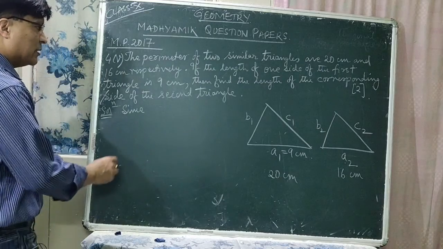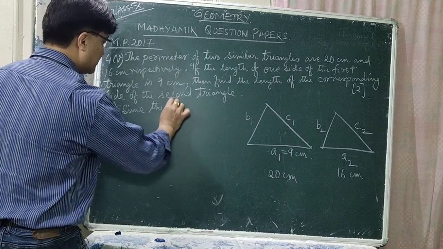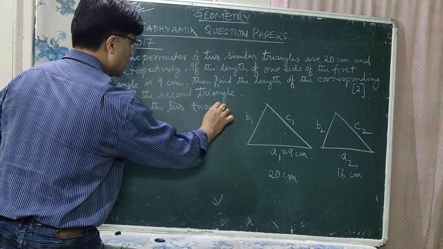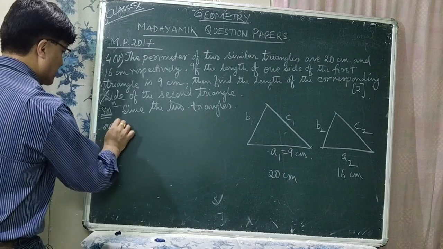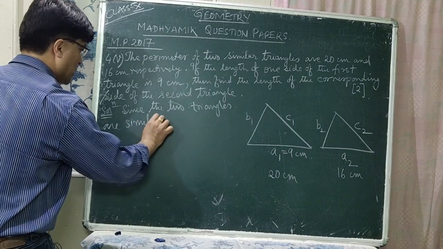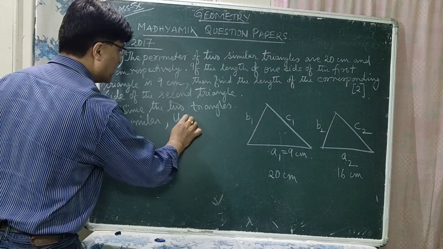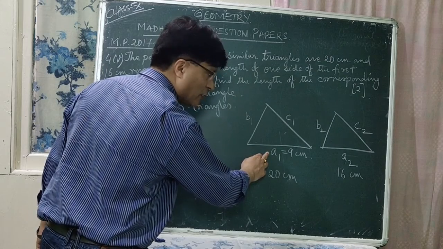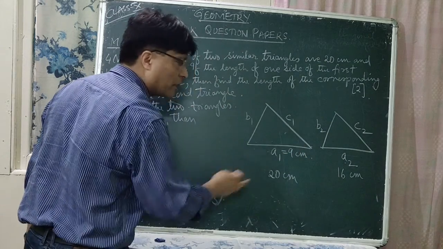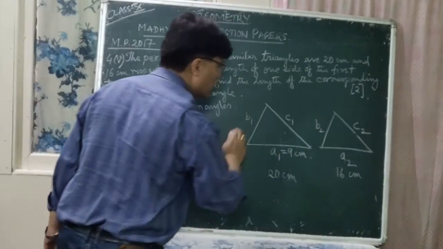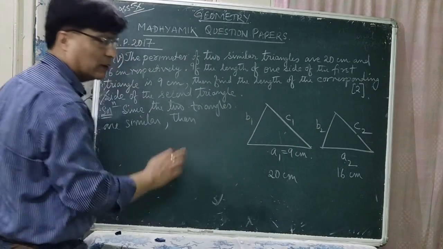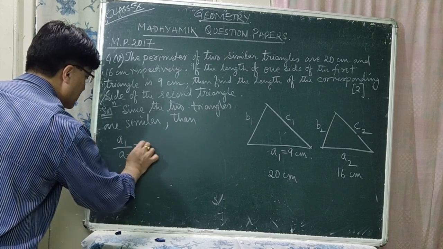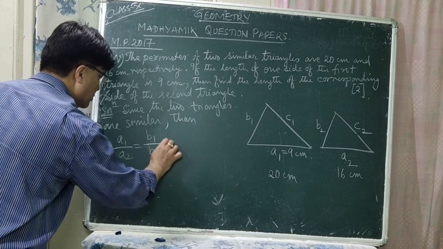Now since the two triangles are similar, then what can you write? Their corresponding sides are proportional. The corresponding side for A1 will be A2, the corresponding side for C1 will be C2, and the corresponding side for B1 will be B2. They are proportional. So here you can write A1 upon A2 is equal to B1 upon B2 is equal to